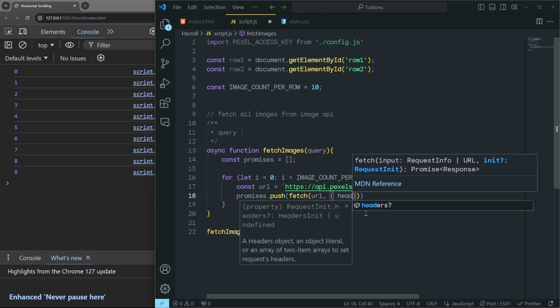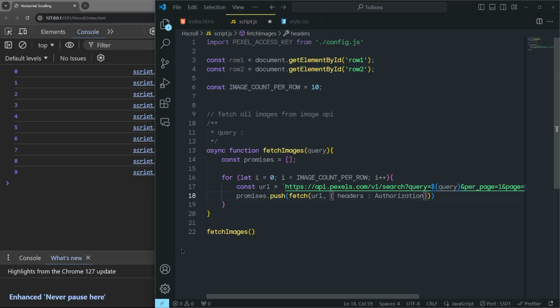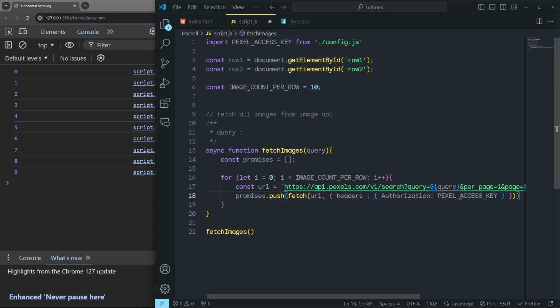So in the object, we say headers colon, and then we have to pass authorization, and to this authorization you have to pass your API key, this one. So we copy this and paste that right here. Now this is going to return an error because we have to wrap this inside an object. So we grab it and put this inside an object. So now to the headers we pass an object with the authorization key, and the value is going to be the API key value. Now once you've done that, just press enter, and on the next line we call then,